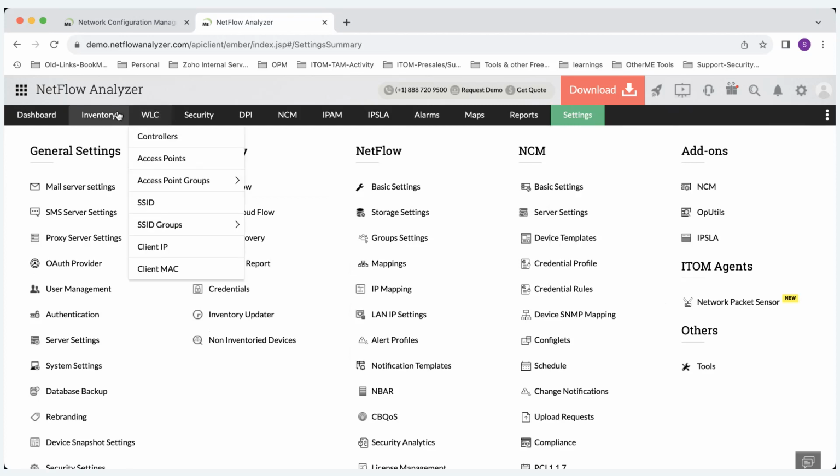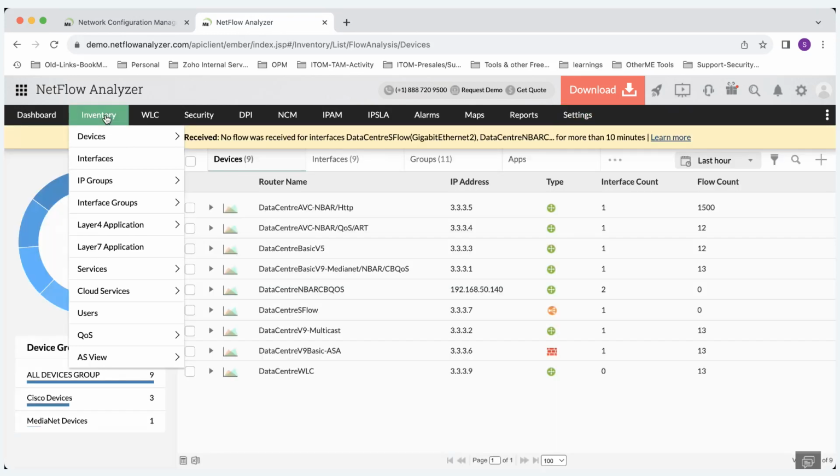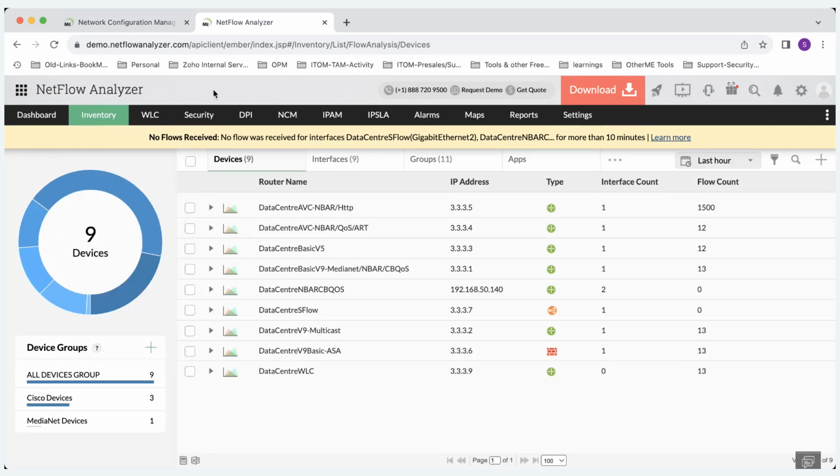Now, let me first show you the data that we capture, and then we'll discuss the other settings, right? Under inventory, as soon as the device starts sending the flow packet, we will automatically gather what device type it is. Since the NetFlow Analyzer is based on interfaces, we can tell the customer that you